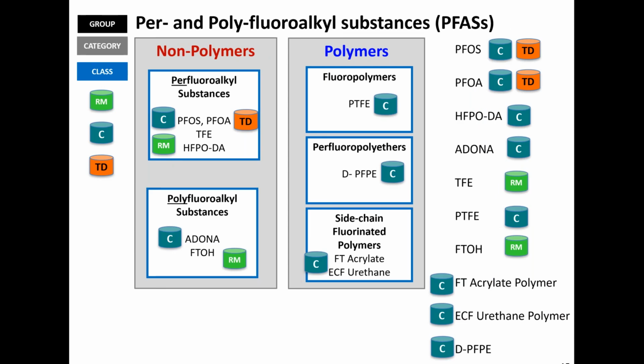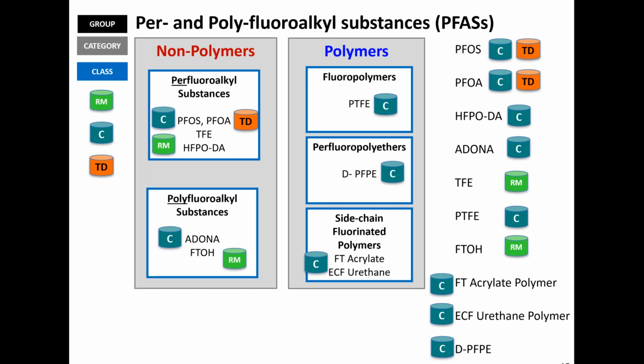So here's where they all land. And I've had to shorten up the number of little icons with C's and RM's and TD's because it would have just gotten a little bit too crowded. But as shown earlier, now we have some specific examples, for instance, on the right-hand side, showing all the polymeric materials are commercial products. Here are some examples of them. For those of you who I forgot to put in on the prior slide, the DPTFE, there are specific structures associated with the fluorinated polyethers. There's a D structure. You're going to see it in a little bit, but that's one that goes in there.